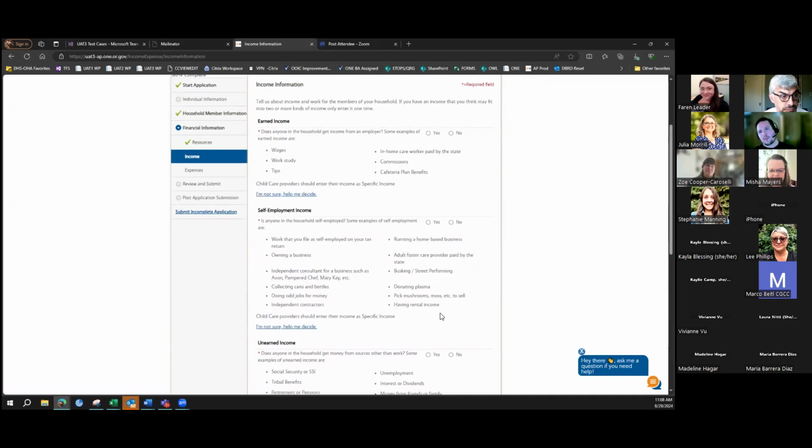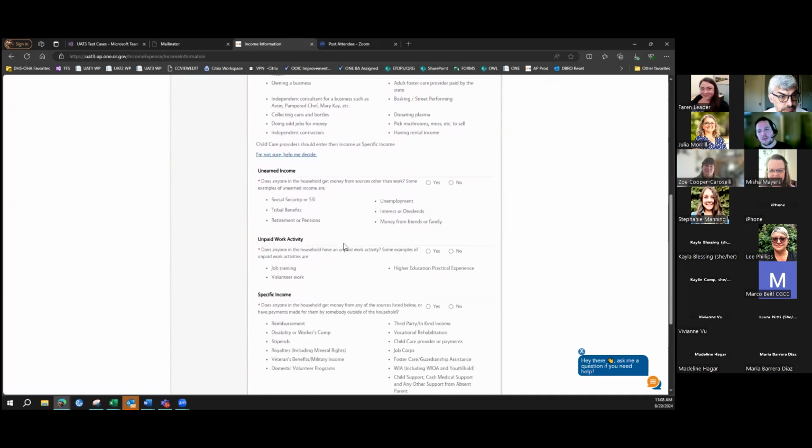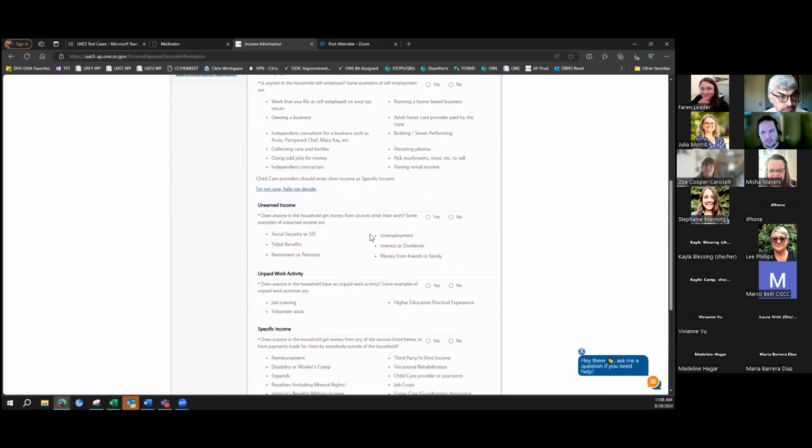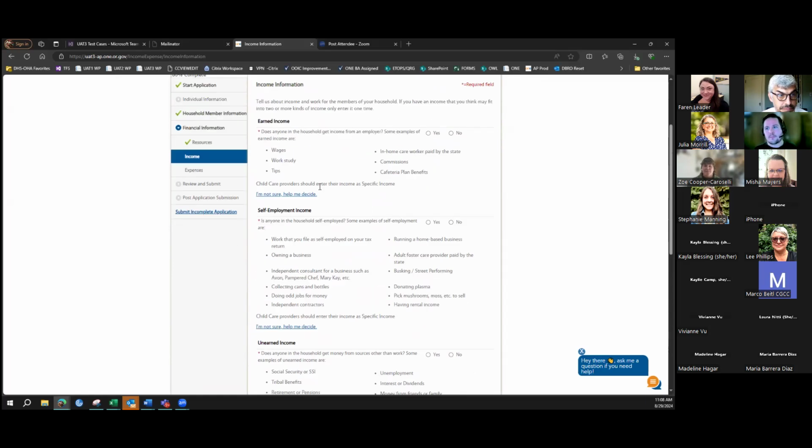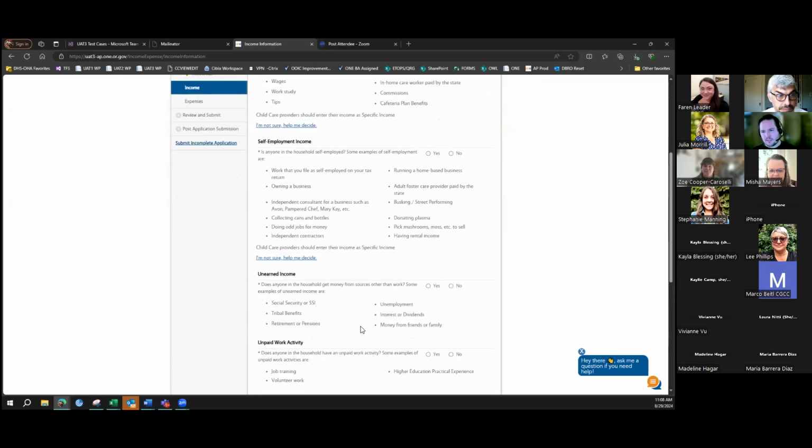So I think a lot of times what we might see with students is what we would consider unearned income or specific income, if that's in the form of scholarships or grants. The other thing that you may see if they have wages from work study, that would be considered earned income. So we do have a list of some things that would be considered in each of these categories.